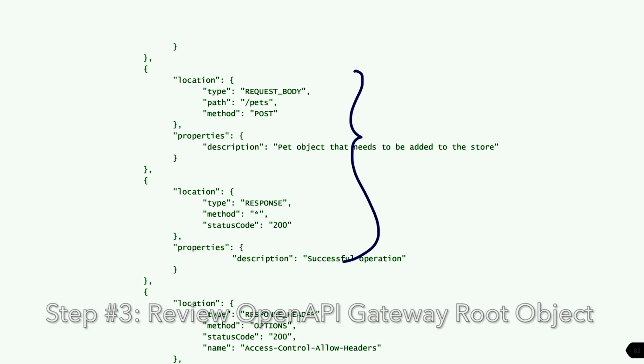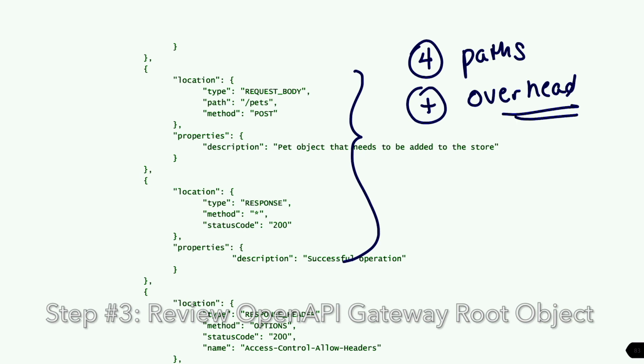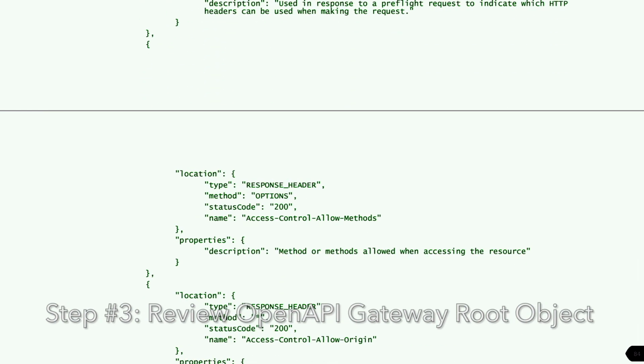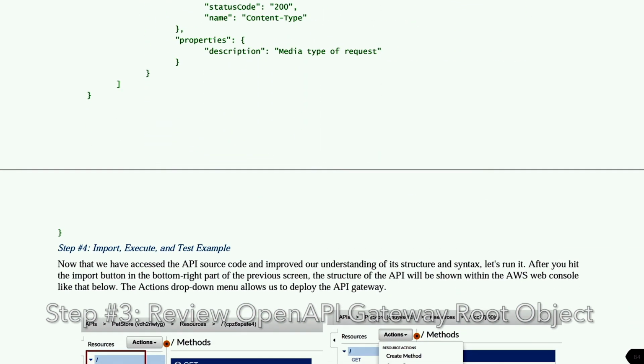So there's 4 up top that correspond to the paths we've defined above, and then there's others which are what I would consider to be sort of like overhead or other requirements of the API gateway. And so that marks the end of our Swagger